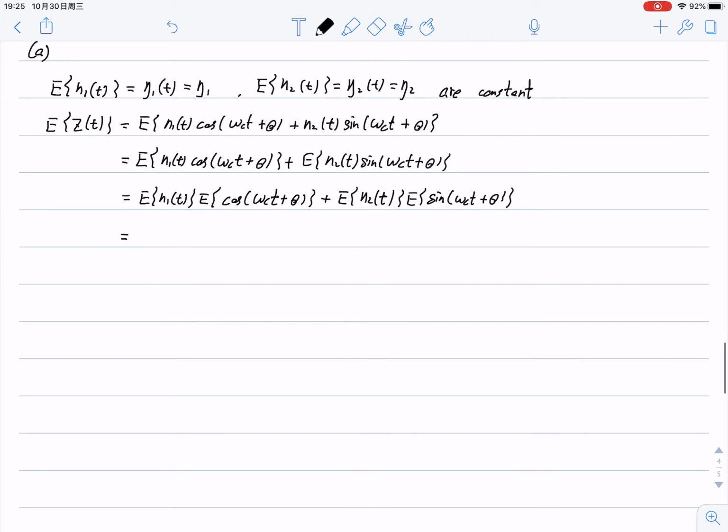It equals η1 times 1 over 2π, the integral from 0 to 2π of cosine,